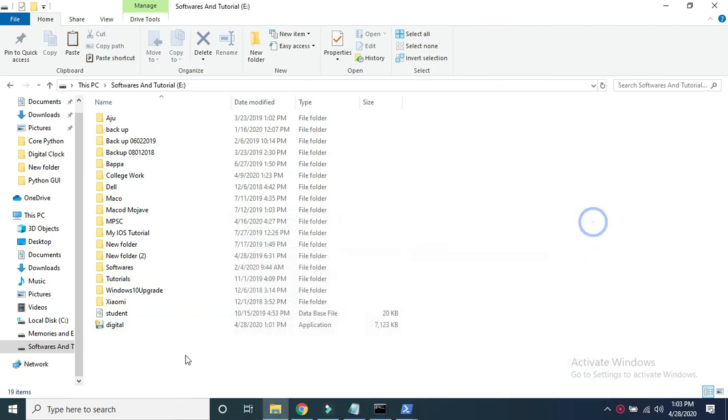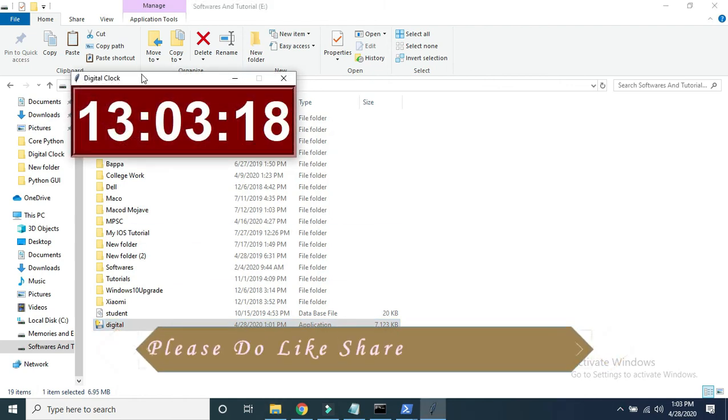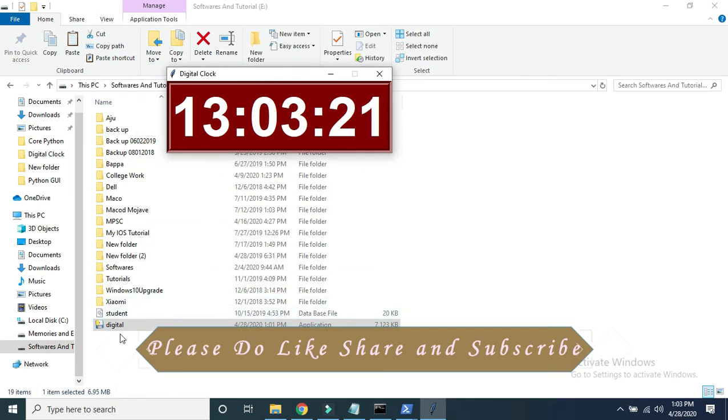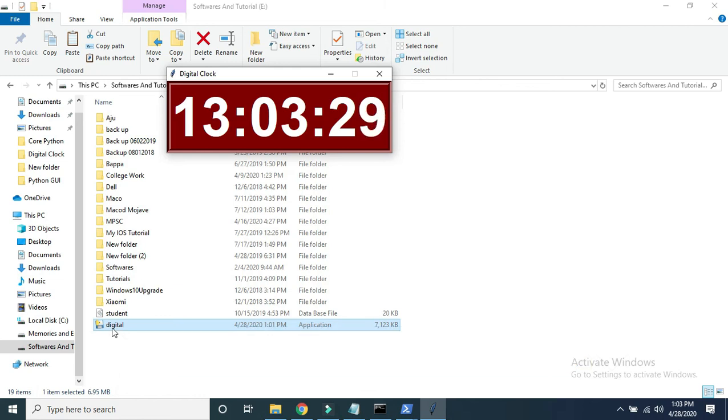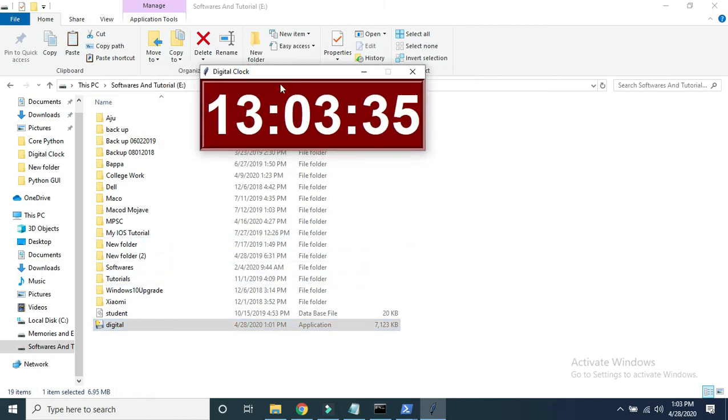So this is the file, see, digital clock. This is the application file. If I click here, I will get our digital clock. It may take some time, but we'll get its output. See here, we are getting this output. Just like that, you can copy and paste this particular file, as I said earlier, on any other machine as well where Python is not installed. And there, if you double click on this file, you will get this type of output. So I hope you got this point, how to design a digital clock and how to create a .exe file. This is a very interesting topic.